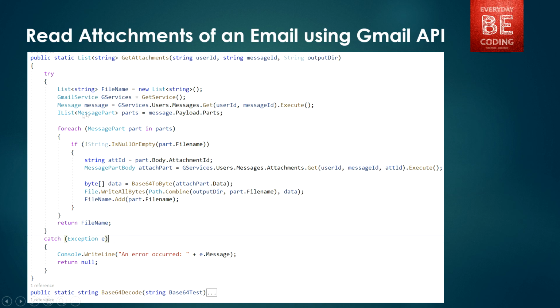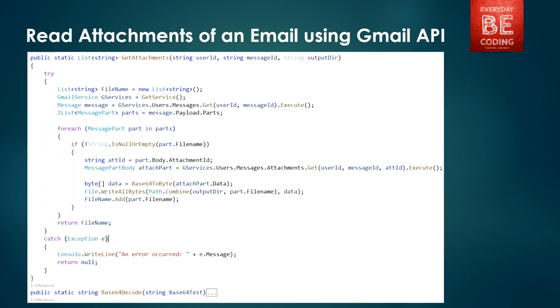After retrieving and accessing these parts, we fetch them by using a foreach loop, and we are storing all this information, that means file name, parts.body.attachmentId, and after that we are retrieving those attachment parts, and after that we are converting those contents. That means the return type is all byte coded.